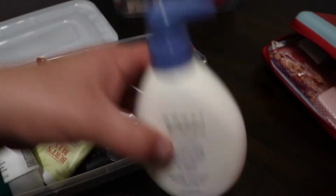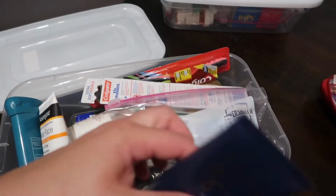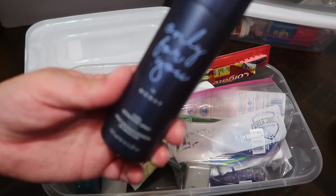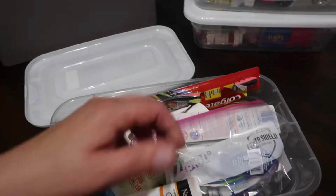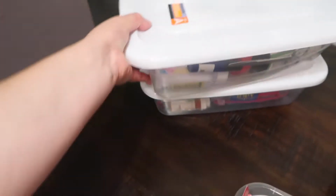So this is the kids shampoo. I have a couple of things for myself, like a leave-in conditioner and curling spray, and there's shampoo somewhere, regular stuff, deodorant. So stuff like this is here. Reorganize it a little bit. What else? So then this one